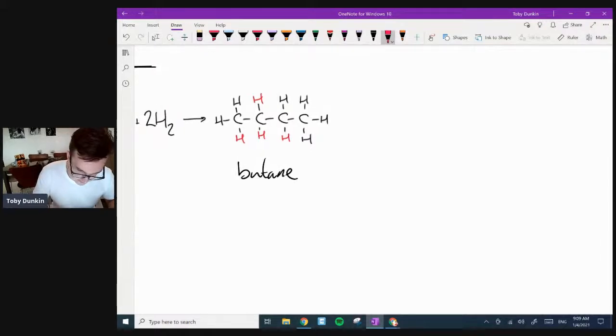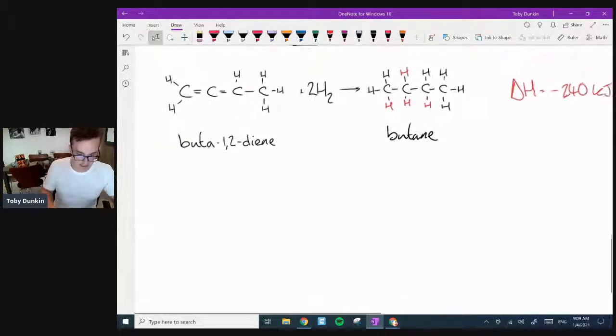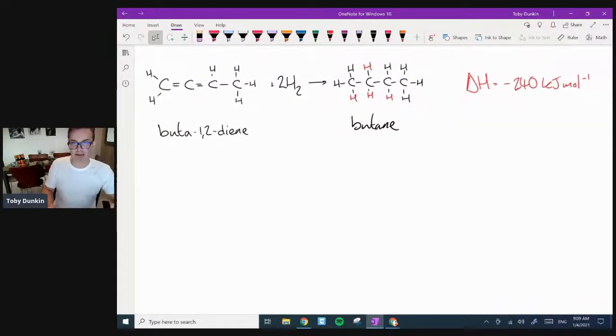Right, the enthalpy change for this reaction is indeed minus 240. Delta H equals minus 240. Yep, well done. 240 kilojoules per mole. Nothing special as yet. So this was all kind of expected. When they were doing this in labs, they were like, yeah, this is cool. This does exactly what we think it'd do. And then this happened. This is the trap.